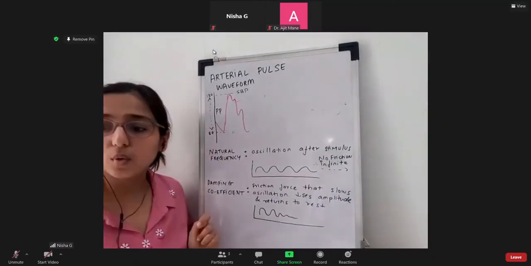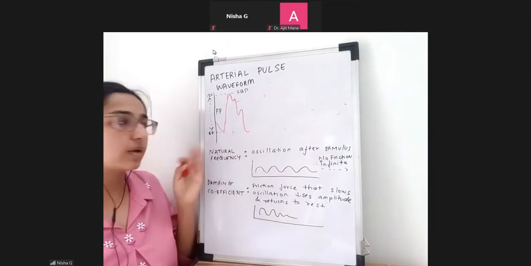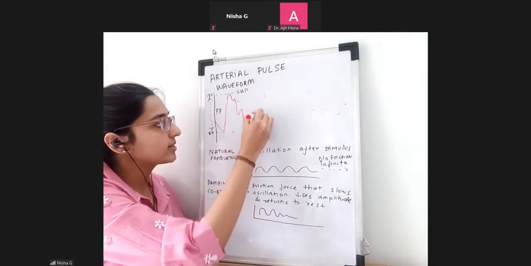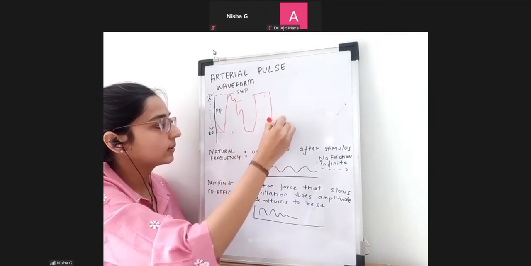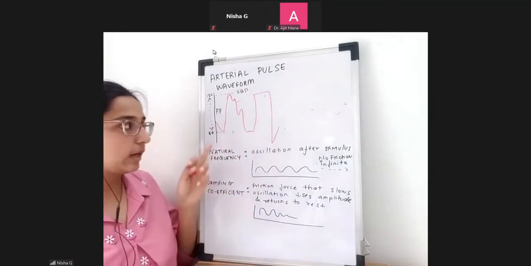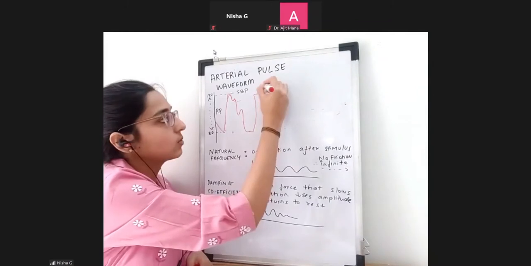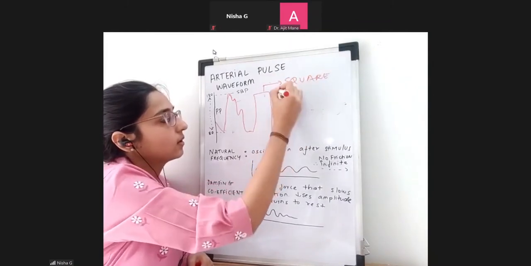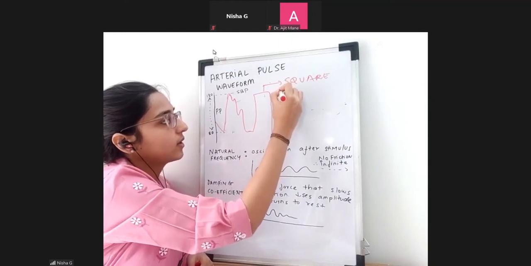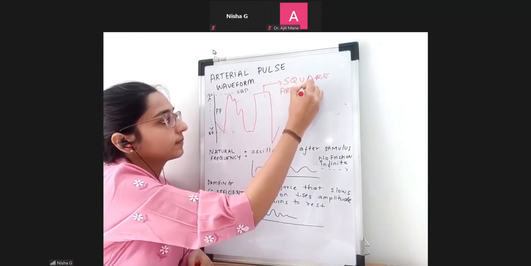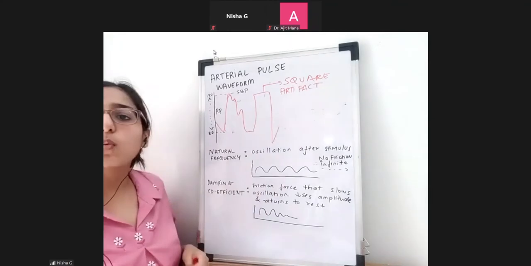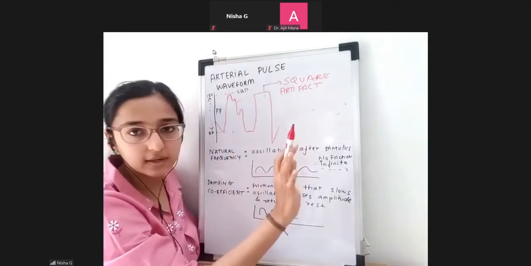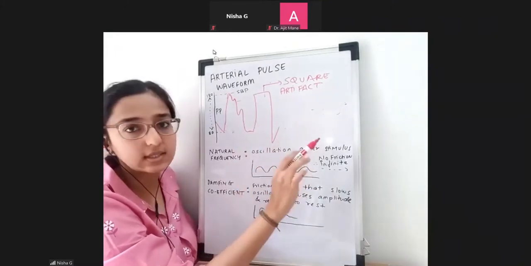Okay, you tell me that you want to do the fast flush test. This is the waveform that I've got on the monitor. So what will happen in the fast flush test? You will get something like this. If you see, this is a square artifact. Okay, it's a square wave artifact because it looks like a square, obviously. So this is an artifact which has appeared on your monitoring screen.